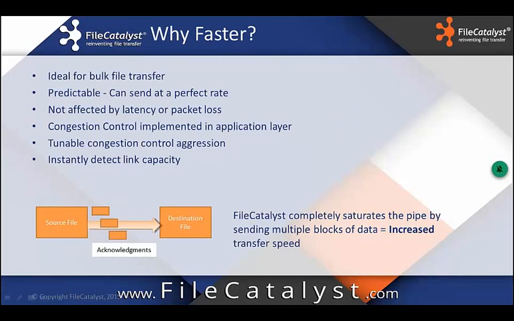With FileCatalyst, why are we faster? Well, first of all, we're sending a lot of data through that line. So there's not just one little packet of data, there's several packets of data going through at the same time. But at the same time, we're also only acknowledging problems or exceptions. So when we're sending data, we don't wait for an acknowledgement for every single packet. We just send the next one, and the receiver will raise their hand and tell us if there was a problem